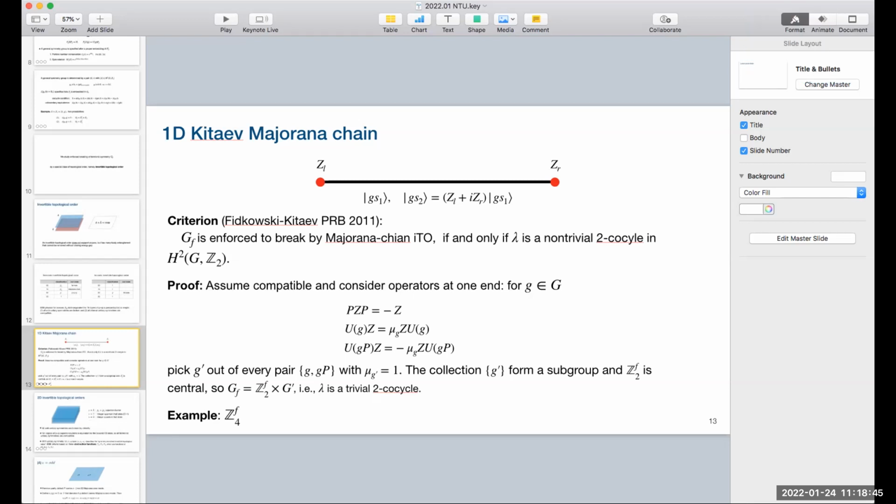Yes, but if I add a perturbation that breaks U1, it's still fine. I think there's some logical issue here, some subtlety. There is still something you can compute, maybe with a value the same as sigma XY, but it's something else. Okay, from an experimental point of view, of course, I can introduce some perturbation. What I measure, either sigma XY or the fractional charge, is robust. So from this point of view, effectively speaking, U1 is not required.